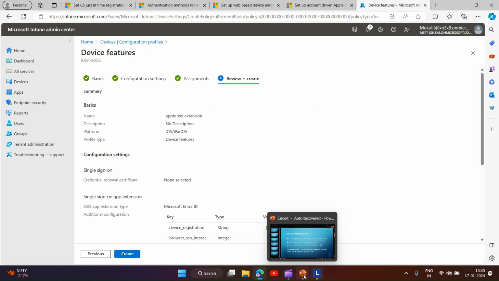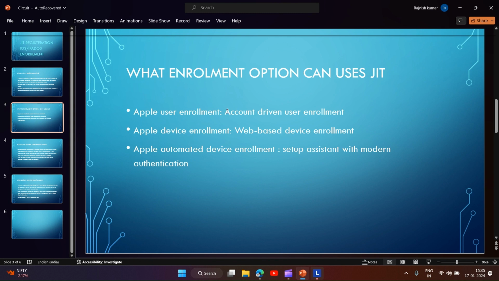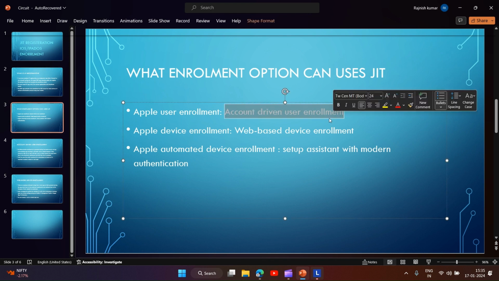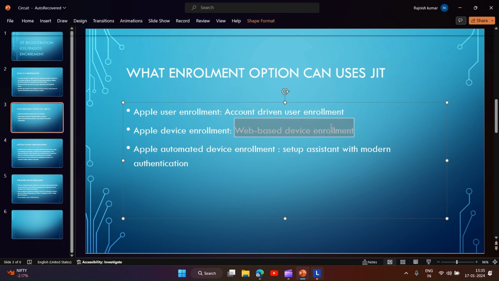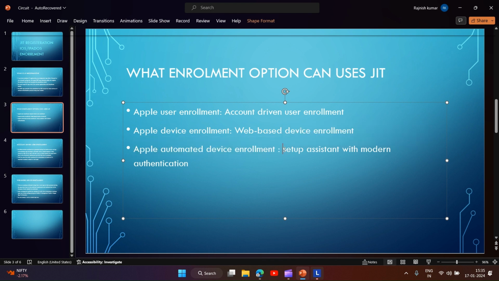Now let's move to the next slide. With which enrollments does this JIT registration work? There are three of them. One is account-driven user enrollment. The other is web-based device enrollment. And the third one is Apple automated device enrollment. In automated device enrollment, you will have to select the authentication method as setup assistant with modern authentication. Once the user turns on the device, logs into the setup assistant and finishes the setup assistant pages,